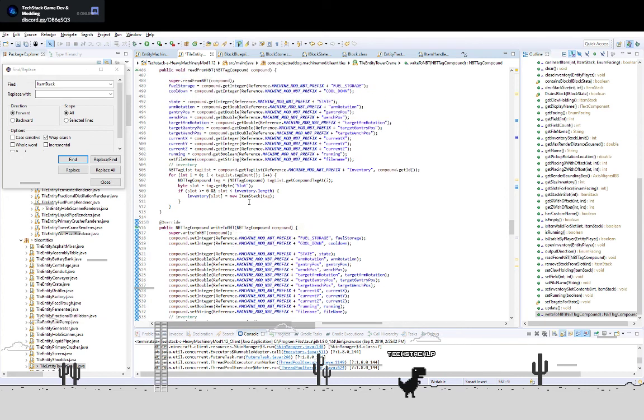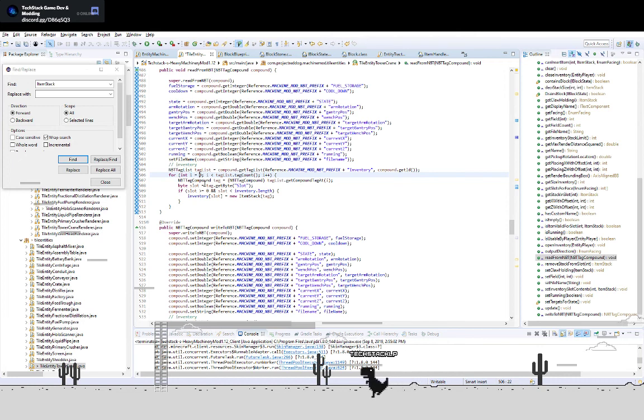On read, we're going from slot 0. But if I set this to